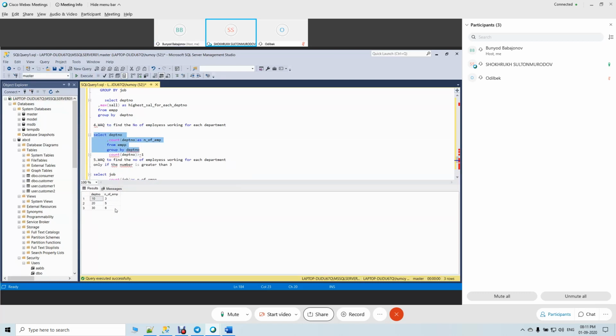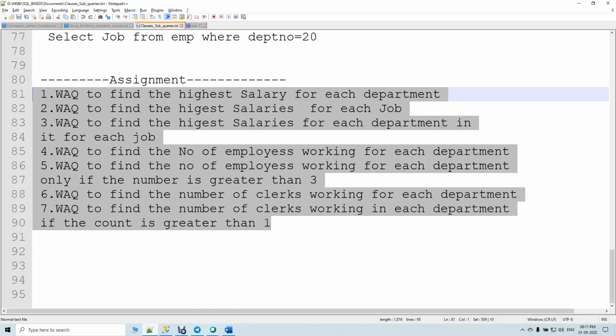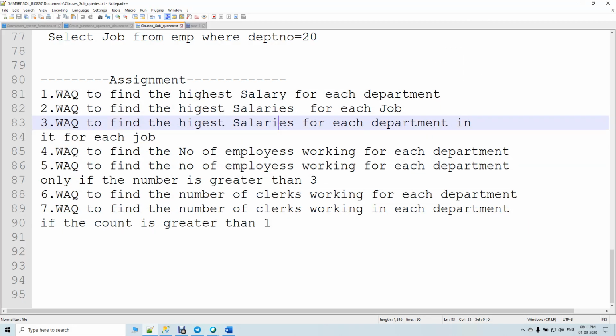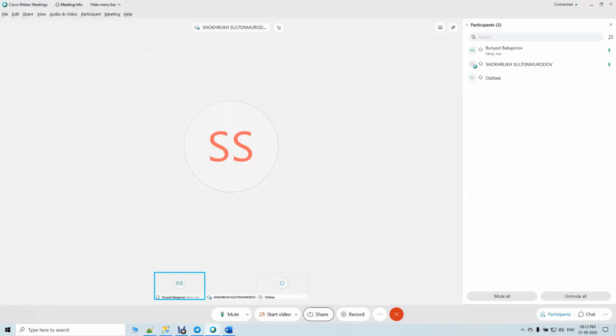Here, for department number 10 you have 3 employees, department 25, yes, it's correct. This is correct. So the fourth one is fine. I'll just recap for everyone all the questions and answers. I'll quickly have a look at these 7 questions once again. I will present my screen and we'll start our journey.